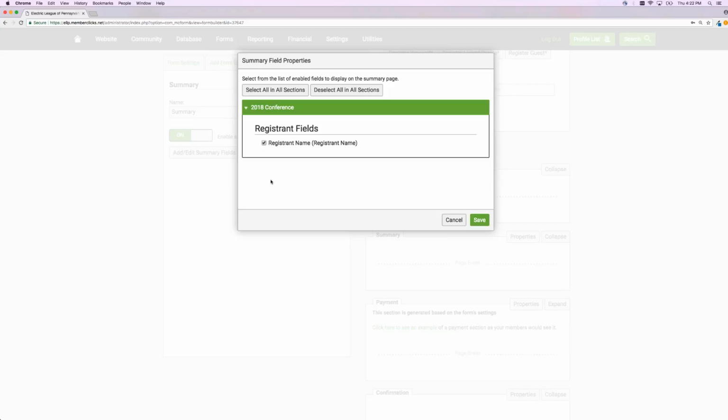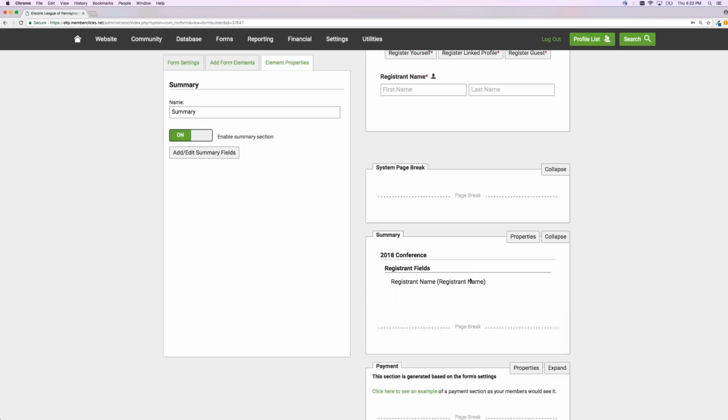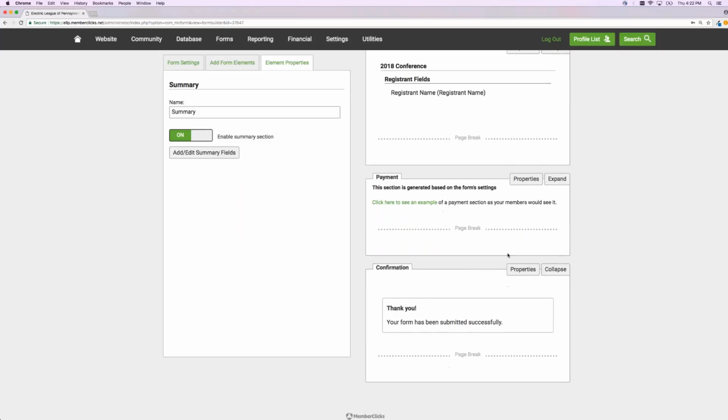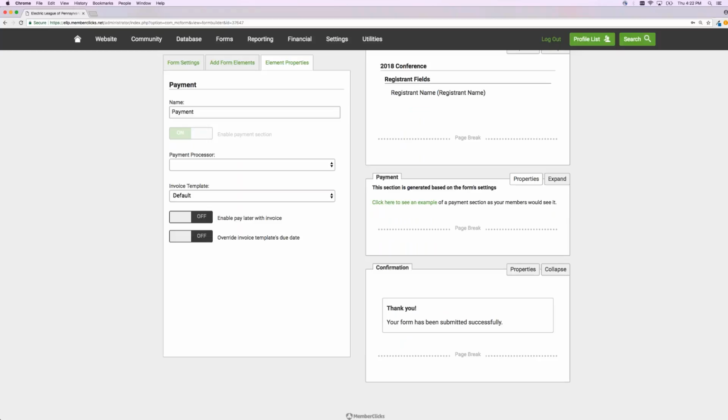Okay. We have a payment section. You'll always want to make sure this payment section is set up. So we would always want to make sure we've selected our payment processor, our invoice template,